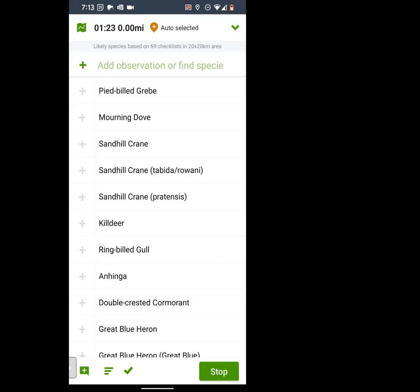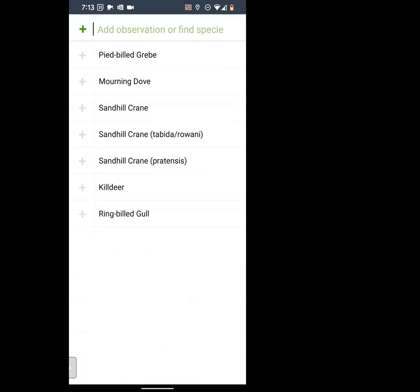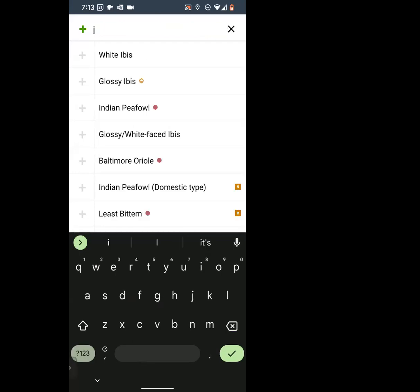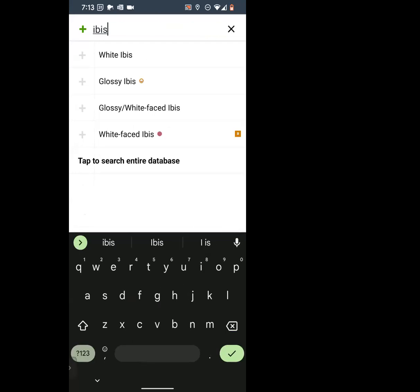Now we can tap the first line that says add observation at the very top. And we can just start typing in white ibis, or you can even just type ibis. And it's going to show you just what birds match that. So then we can tap the plus sign on the left side of white ibis, and it's going to add